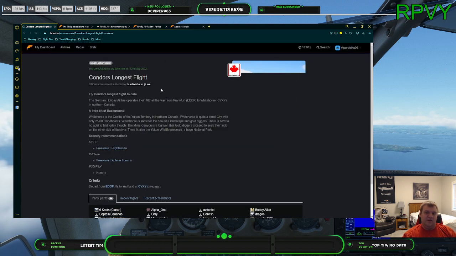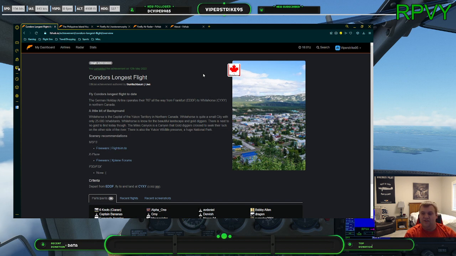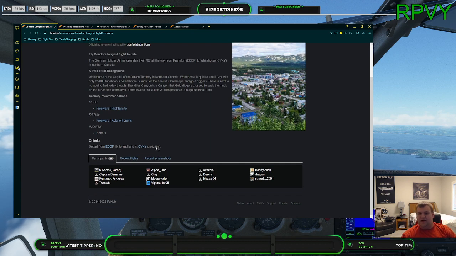So this one here is one of the long haul flights. If you like flying long haul stuff in an airliner, if you've got about 8 or so hours to kill, you can attempt this achievement, which is based off a real airline route by Condor Airlines from Frankfurt, Germany, all the way to Whitehorse in northern Canada. It'll take you around 3,932 nautical miles,